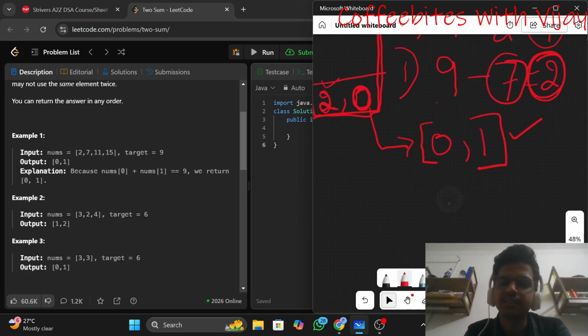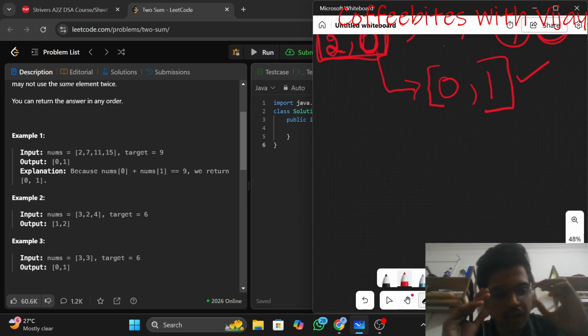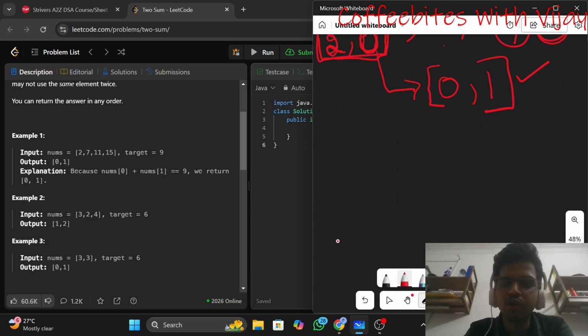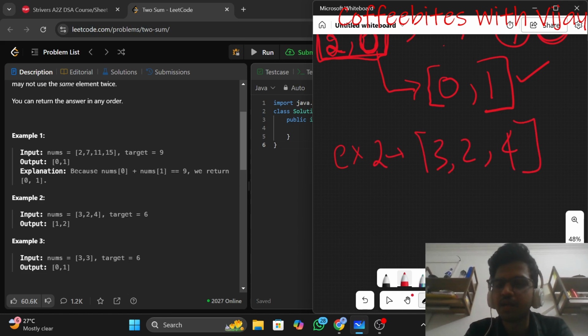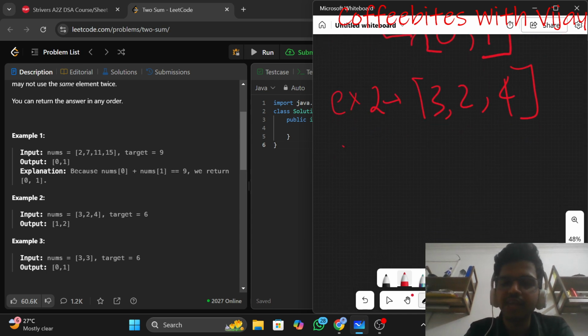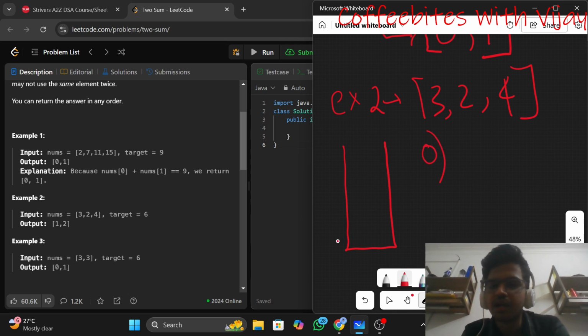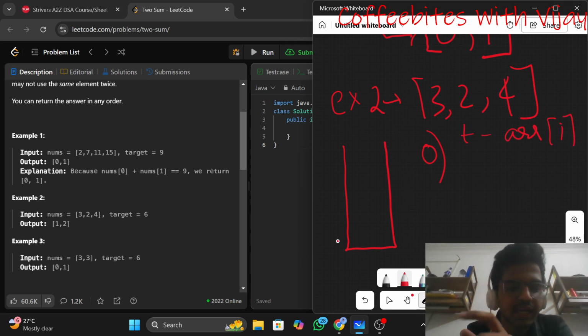Let's try running the same for example 2. My example 2 array is 3, 2, 4, and I'll do the same thing. Initially, I will create a hash map that will be empty. I'll go to index 0 and use the same formula, target minus arr[i].